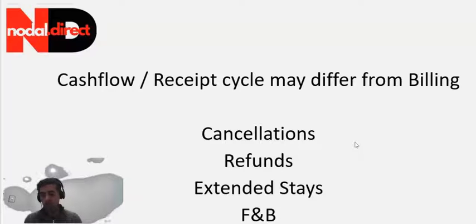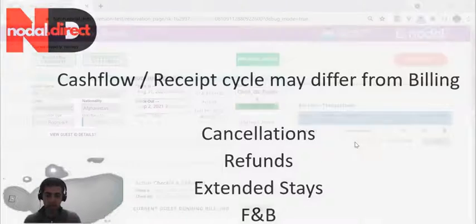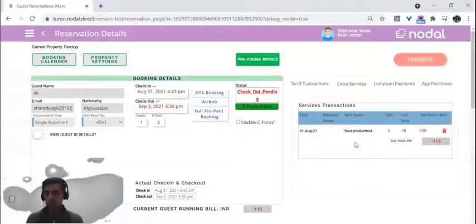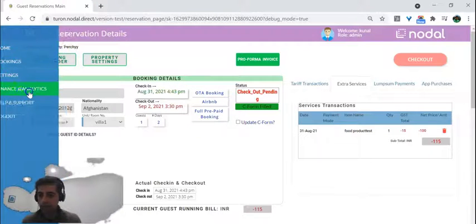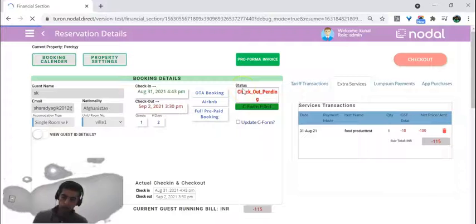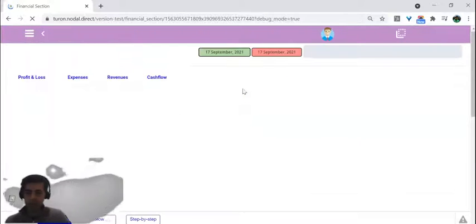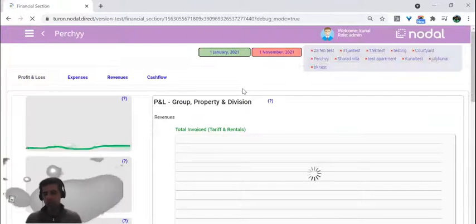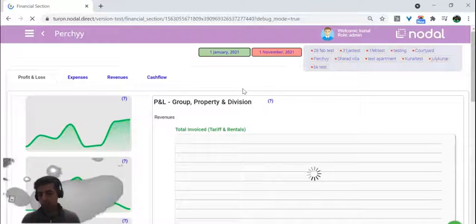So there are multiple variables, and one of the key things that our clients asked for was, can we actually see a cash flow statement? We know that invoicing isn't perfect, but how do we account for the cash? Is there a cash flow cycle for each stay? Which is exactly what we did. Nodal also has an accounting system built in on top of the booking systems. Everything goes into it, or you can also use QuickBooks or Tally,